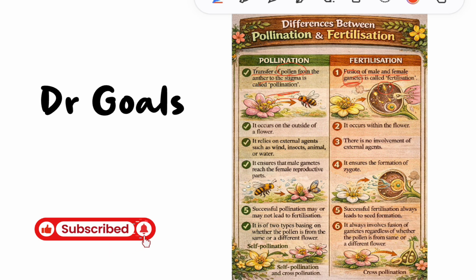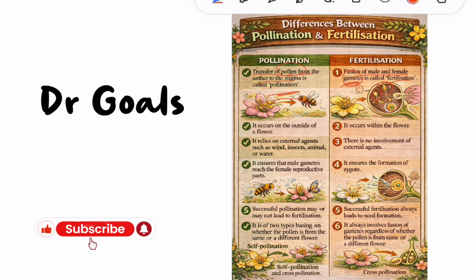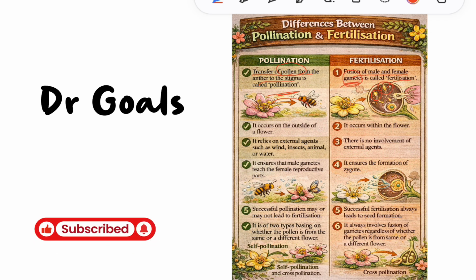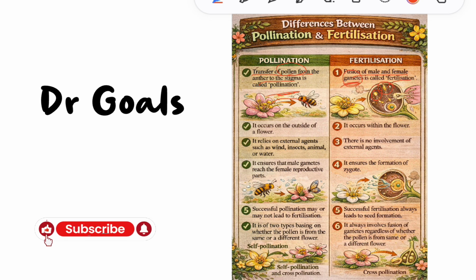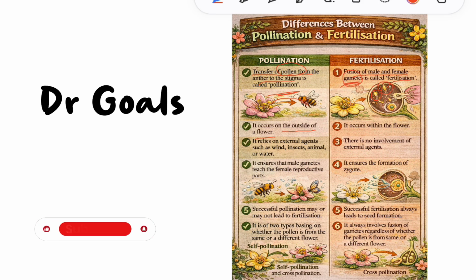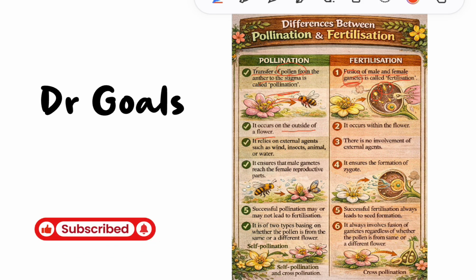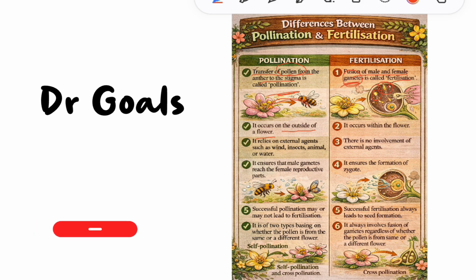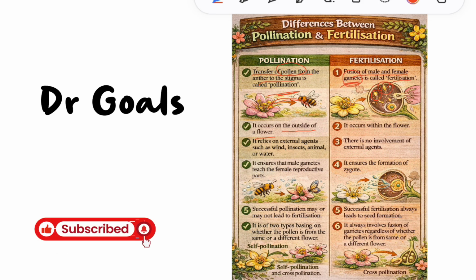Here we can see the male gamete and female gametes. So, the fusion of male and female gametes is called fertilization, and the transfer of pollen grains is called pollination. The pollination process occurs outside of the flower by any agent, such as an ant, water, or air. This transfer occurs only outside of the flower, and fertilization, the fusion of gametes, occurs only within